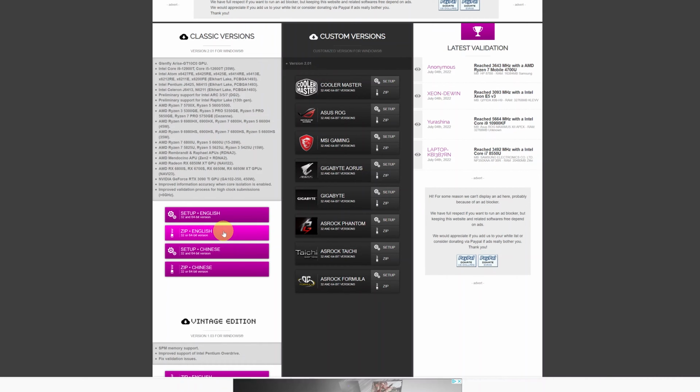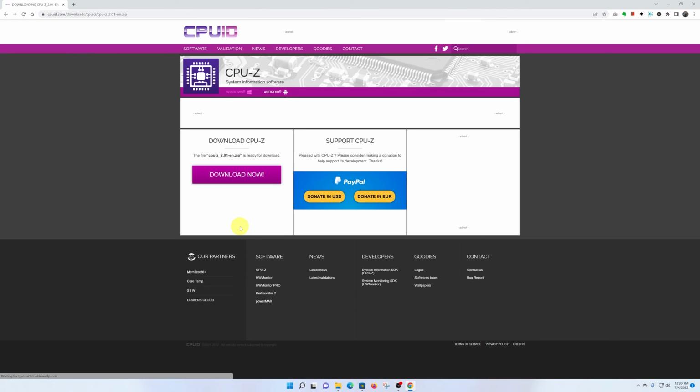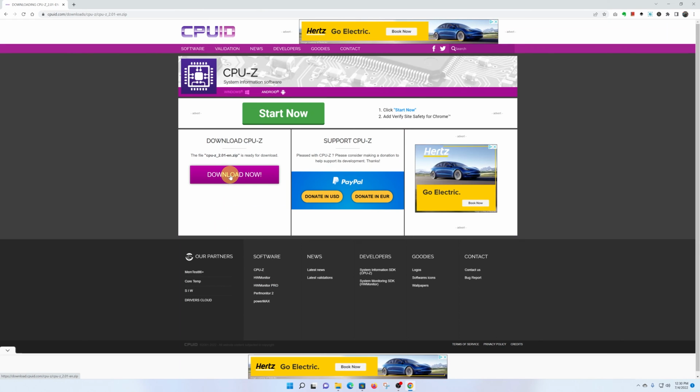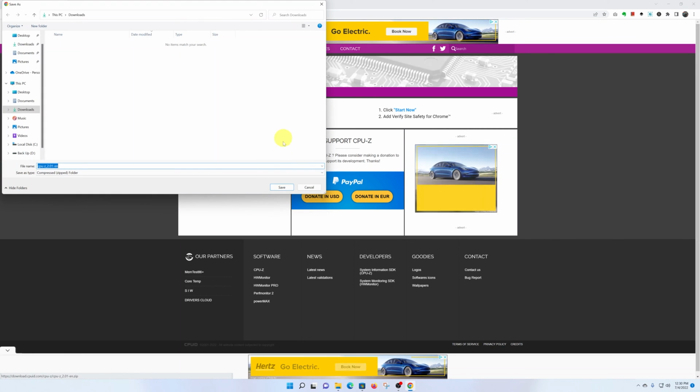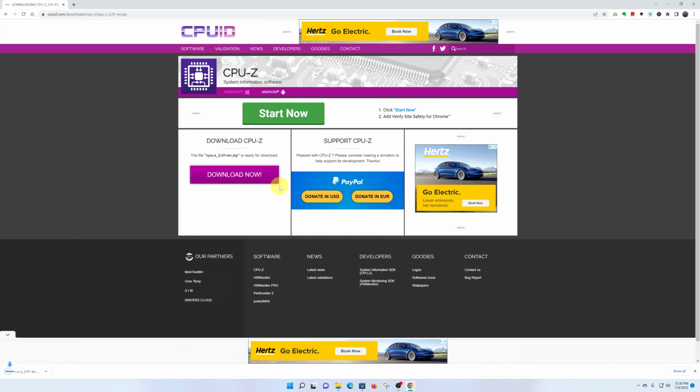Now while you're here, scroll and move to the left hand side and then click on the zip file, which is in English. Click on it and then confirm by clicking on download now. So choose where you want to save the zip file. I'll just choose the downloads folder, click on save,